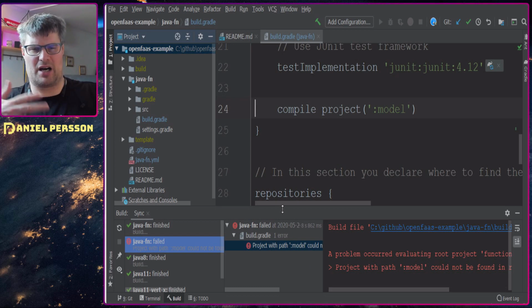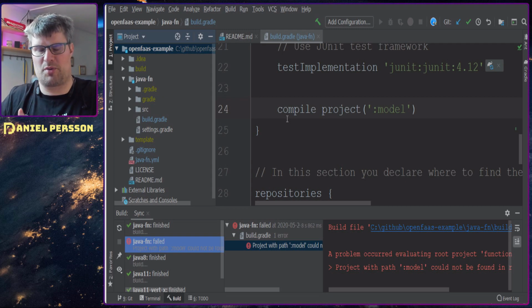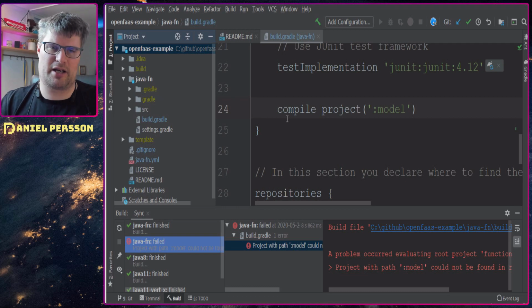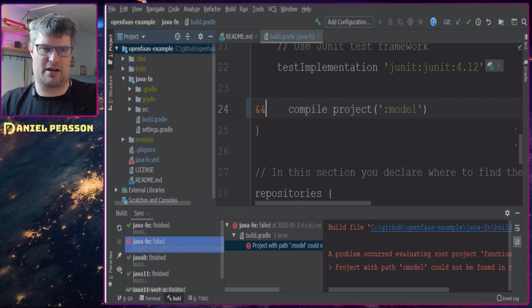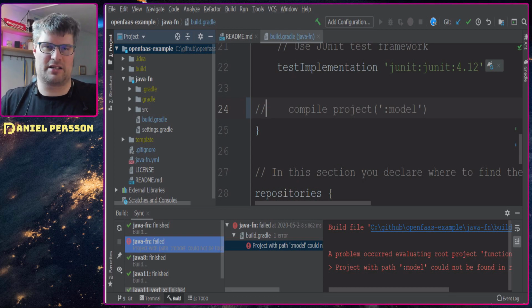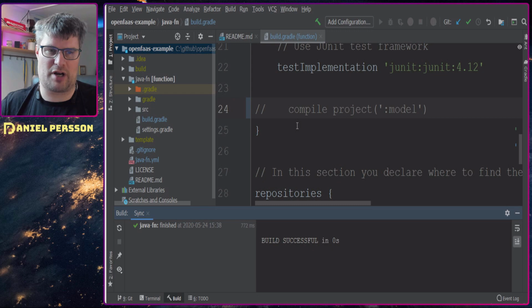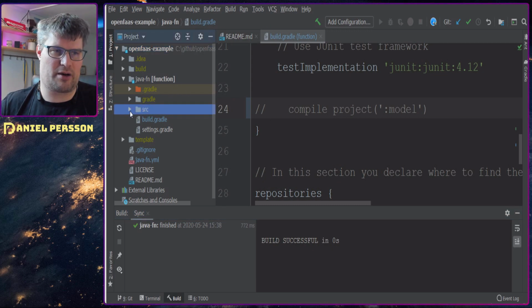I'm not really sure how to get this working. There is a model repository on openfaas that you can import, but it actually doesn't really change this line here. So I guess that's something that is required for the Gradle build in order to get it into our system later on. But if we just ignore that for now, remove it and build,